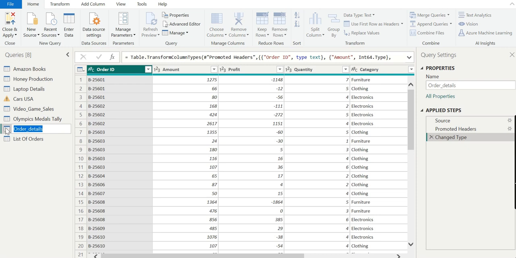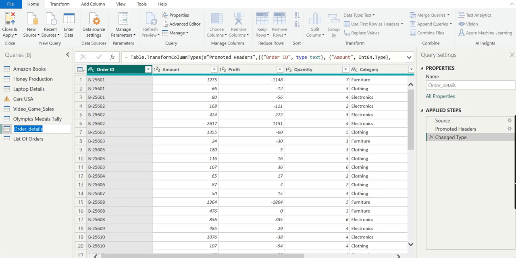You will see the top row has been promoted as a header, and we can see in the applied steps that there is also a changed type step. Changed type means the numeric columns like amount, profit and quantity have been changed to numeric, and order ID and category are already text.